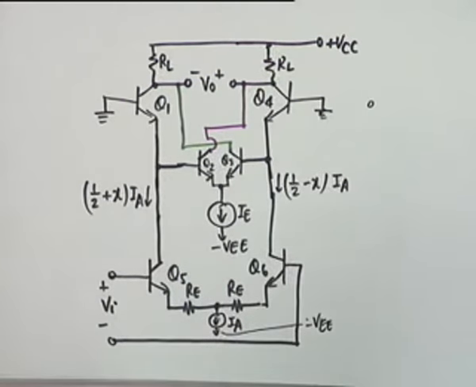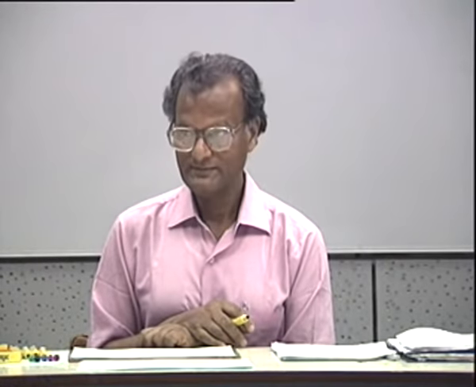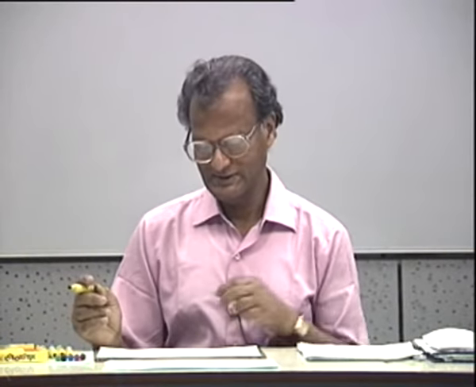The chips will cost more, but it's a much better voltage amplifier, much better wideband voltage amplifier, because if betas are less, you increase the betas. So even if beta is appreciable, I put a Darlington pair, and the effective beta becomes beta squared. Does the FT increase and FH increase? Does the FT increase? No. FH will increase. FT will not increase. FT like this, FT will not increase. Okay, any question on this?